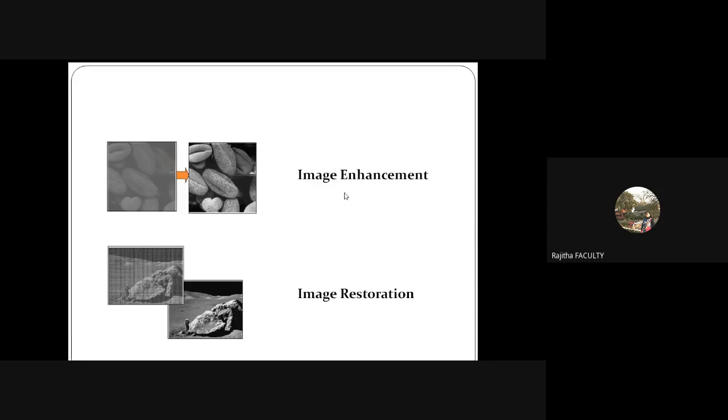Suppose I get an image like this, which is not clear at all. You need to apply some pre-processing enhancement techniques and clear your image first before applying an ML technique or DL technique. If you want to extract the features of this image, first your image must be clear enough. So apply any image enhancement technique on it, right?